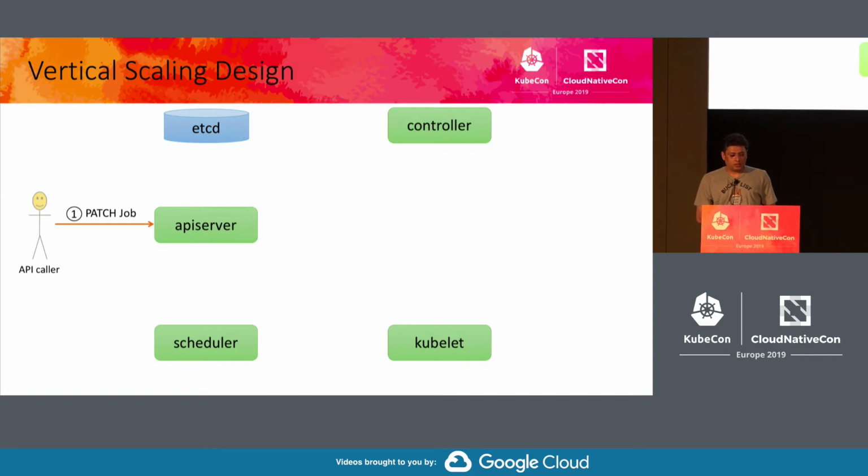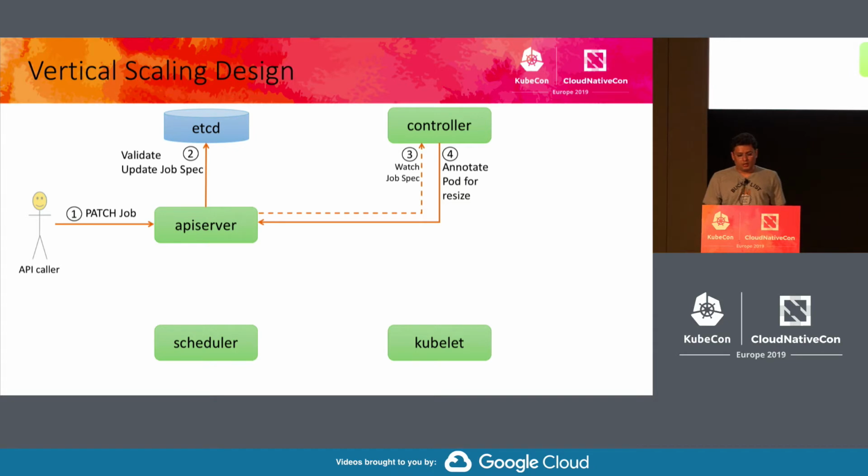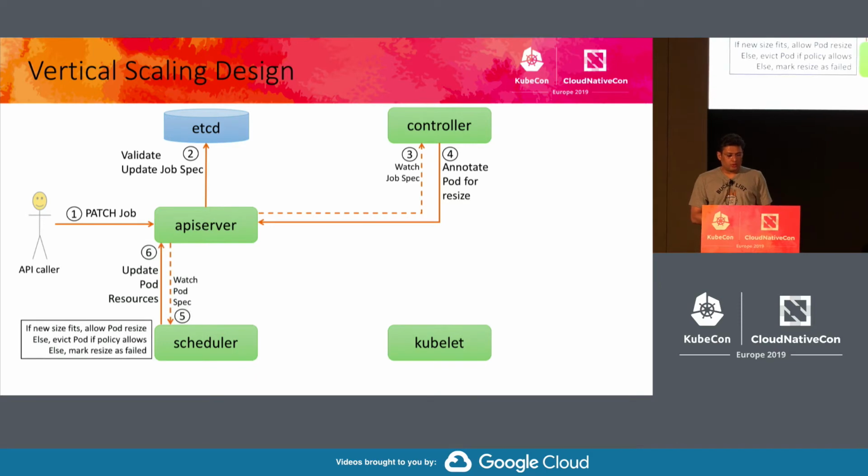Then the API server does some basic validation, which is that you should not change the QoS class by doing this. And once it sees that the request is good, there are no errors, it updates etcd and updates the job spec. Now, the job controller here is watching the job spec. It sees there is a difference between the job spec and what the running pod has. And it says, okay, this is a case of a resize. We need to bring the running pod to the desired size that's in the job spec. So it sets the annotation, and the scheduler, which is watching the annotation,